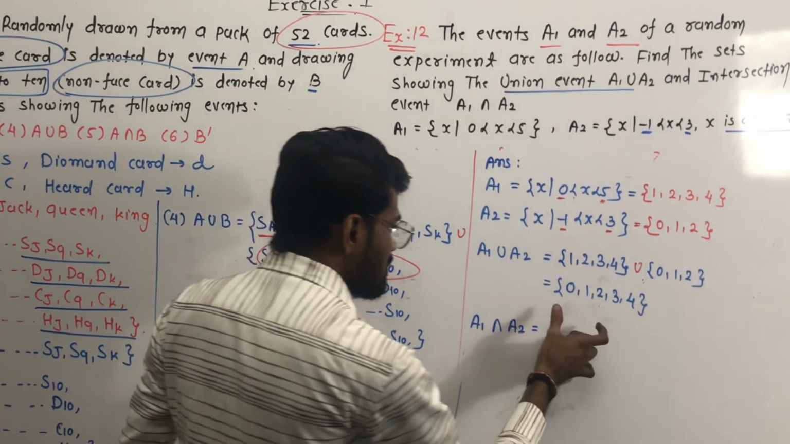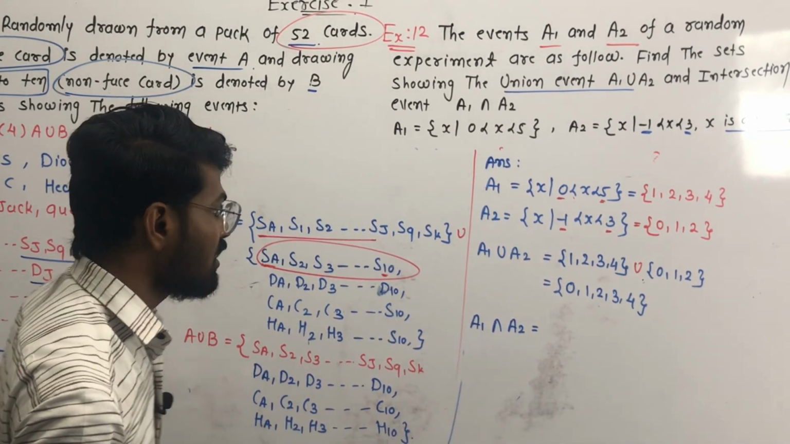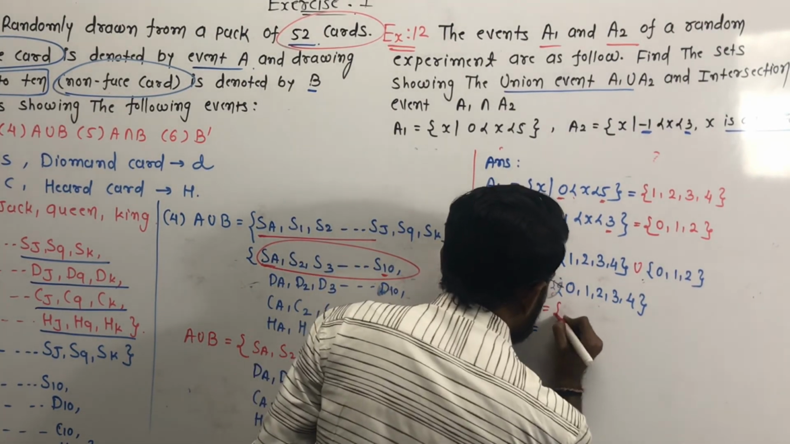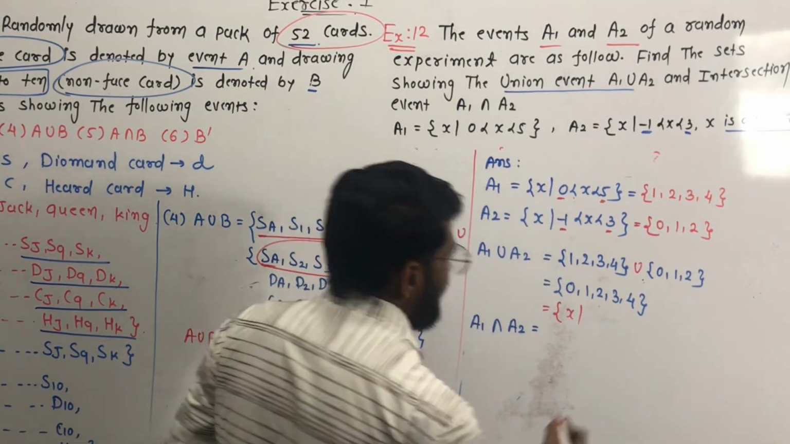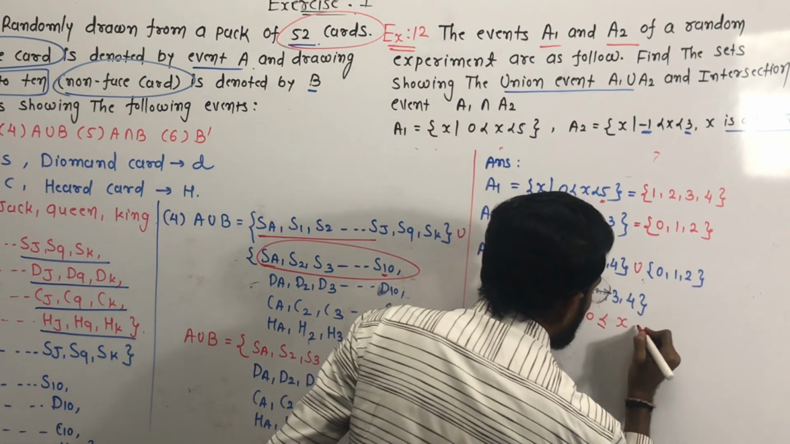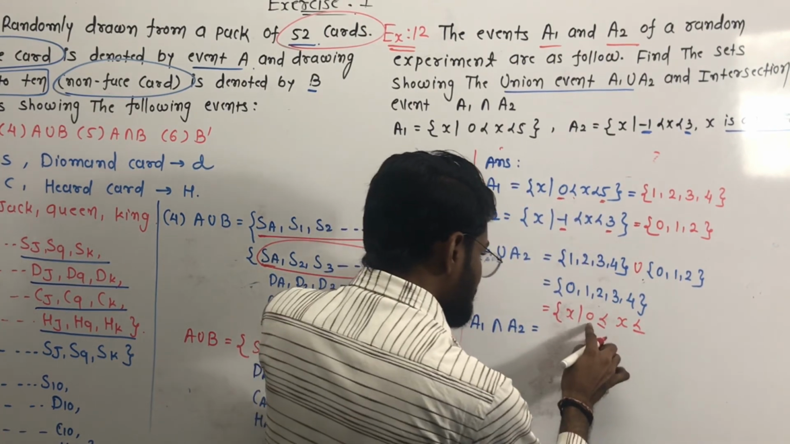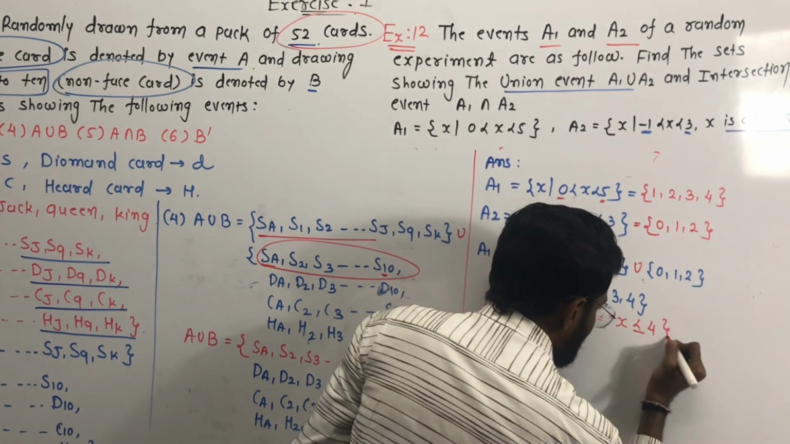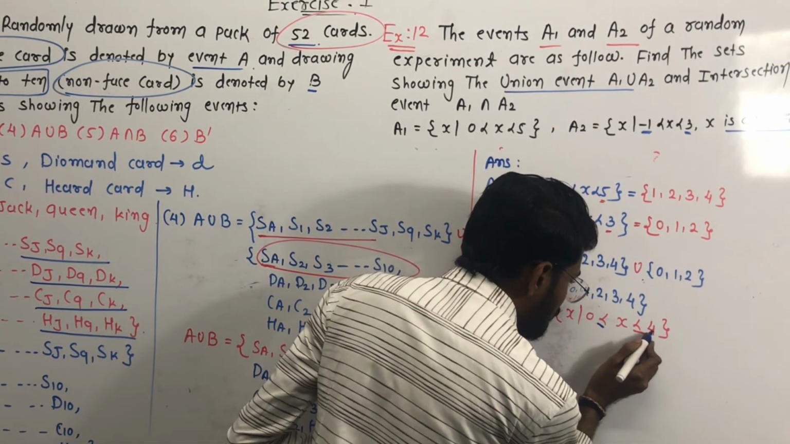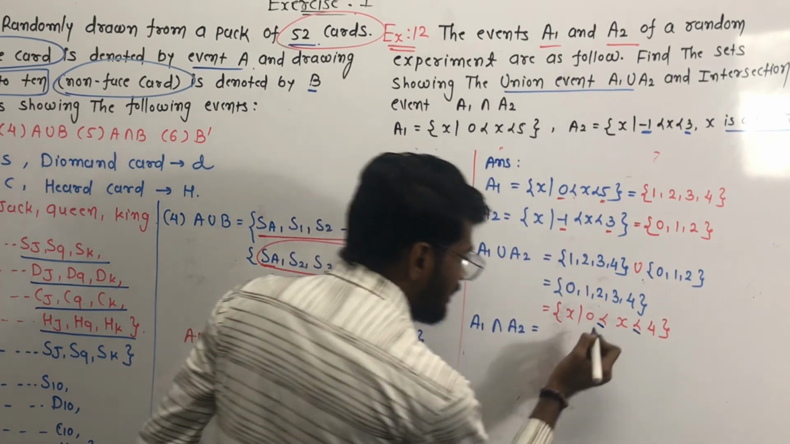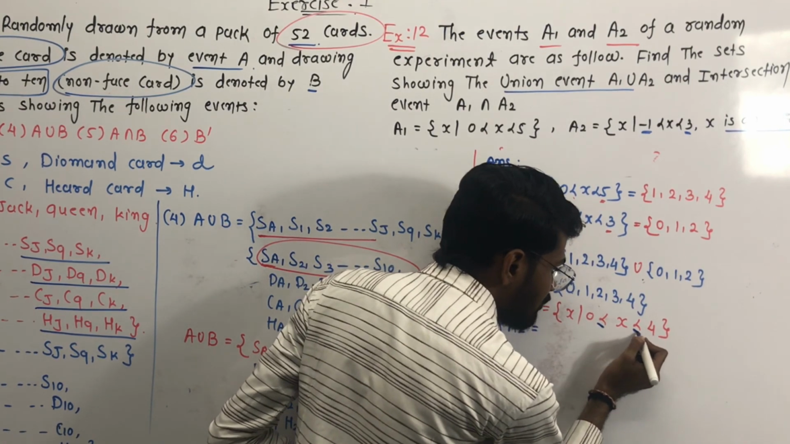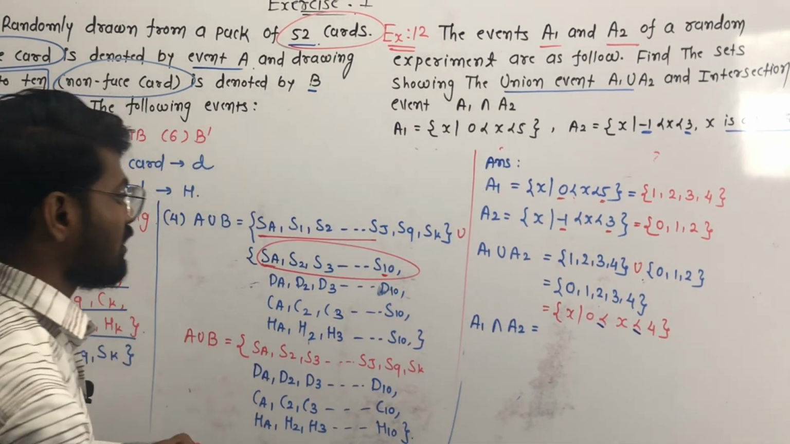Clear? So this is the union of the event A1 and A2, and we can write it in this form. It is equal to X, where X is in between 0 to 4. Here we write less than or equal to, and here also we write less than or equal to. Equal to means 0 is included, and here equal to means 4 is included. Clear? Okay, now